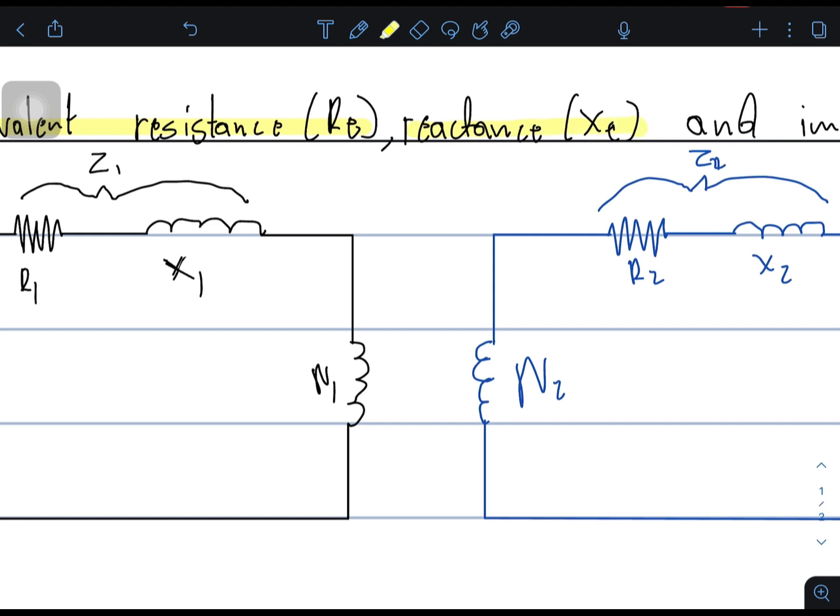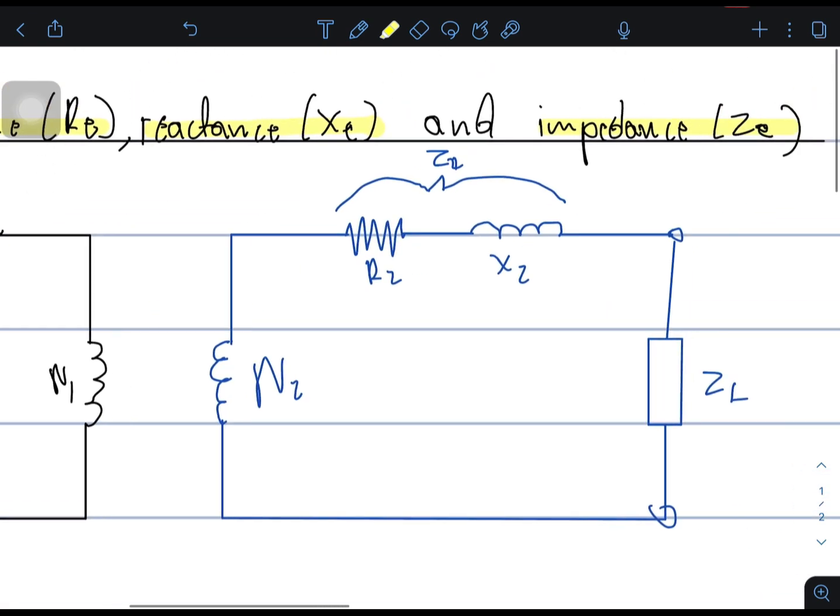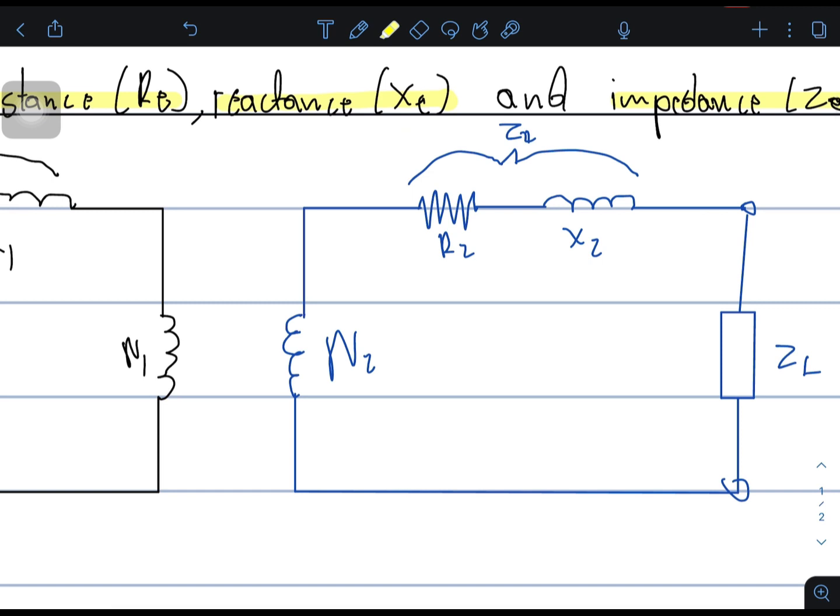Once I know the equivalent resistance and the equivalent reactance, that means I can know the equivalent impedance. Once you know all of those values, you can determine the voltage drops